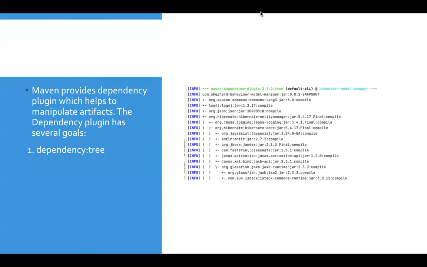So if you want to see that hierarchy, how dependencies are included in your project, you can see that using this Maven goal called dependency tree. It shows you dependencies A to Z that are included in your project, and this goal is very helpful when you go to resolve conflicts in your project.